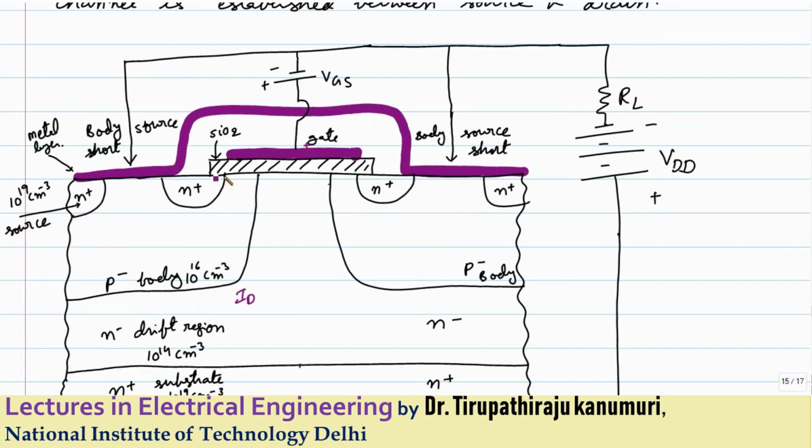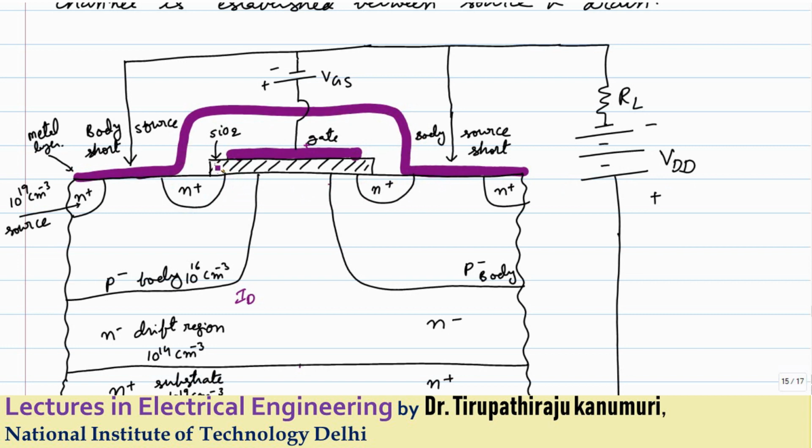On the top of this, because I told you that in the IC multiple MOSFETs are connected in parallel, they are fabricated in parallel. Let us take for example, up to this part, this is one MOSFET, this is another MOSFET. Like this, multiple MOSFETs are connected in parallel. This N plus forms the collector region. You can see here one metal conductor is used for connecting the adjacent collectors in parallel. So this is one collector, this is the second collector, and they are all connected in parallel like this.